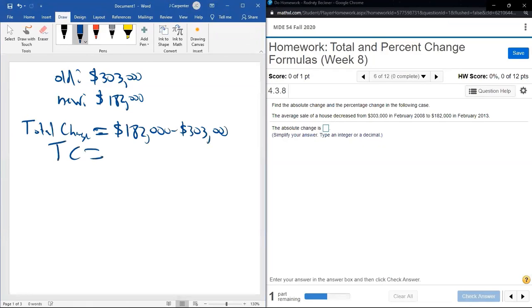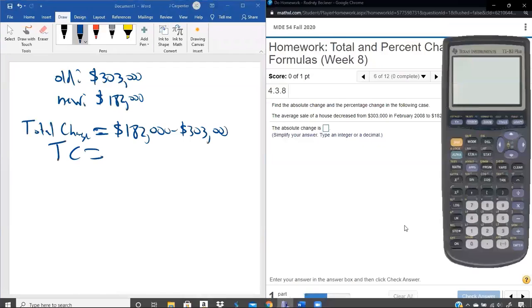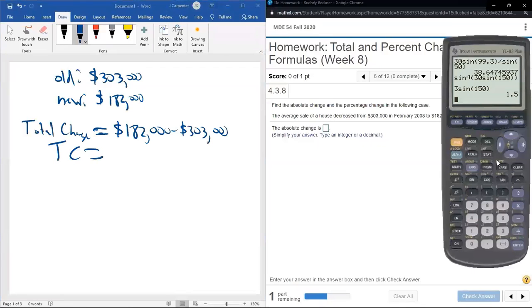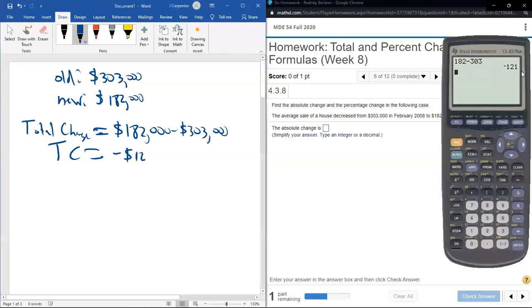And if you really need to pull out a calculator for that, you can. You don't really need the zeros. I can tell you they're just going to subtract perfectly. So we're doing 182 minus 303. I can just tack on the zeros afterwards. And it's negative 121. So negative $121,000. In other words, that was a decrease in value